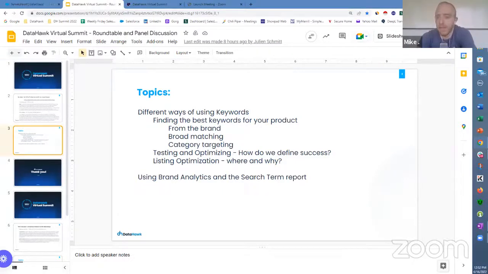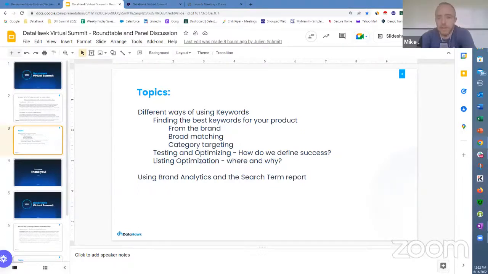The way that I usually start the conversation around keywords is looking at what my competitors are doing in the market space, seeing what products are out there that are dominating the market share right now, and identifying what keywords they have. Using a reverse ASIN tool, we use Helium 10, we use ZonGuru, some other tools as well to see what keywords our competitors are indexed for.